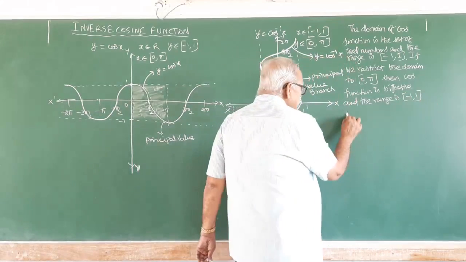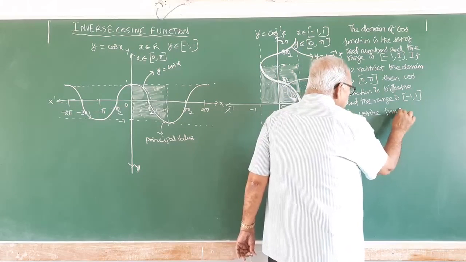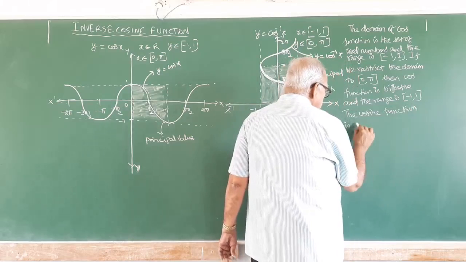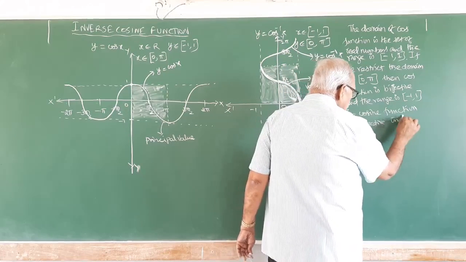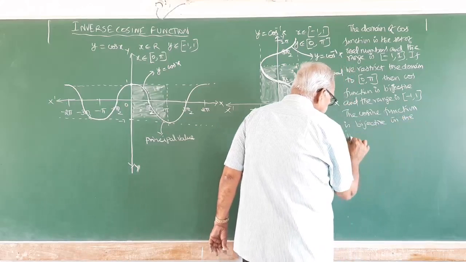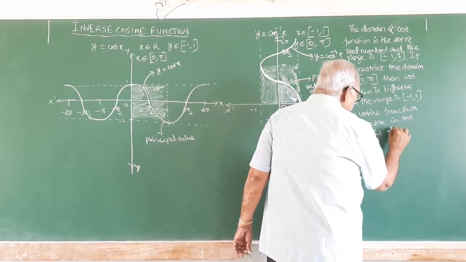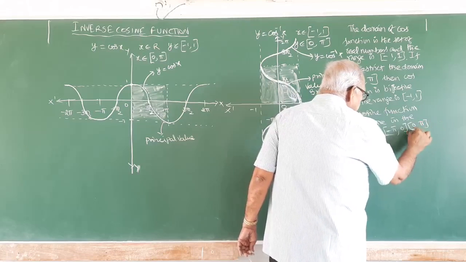The cosine function is bijective in the intervals minus pi comma 0, 0 comma pi,